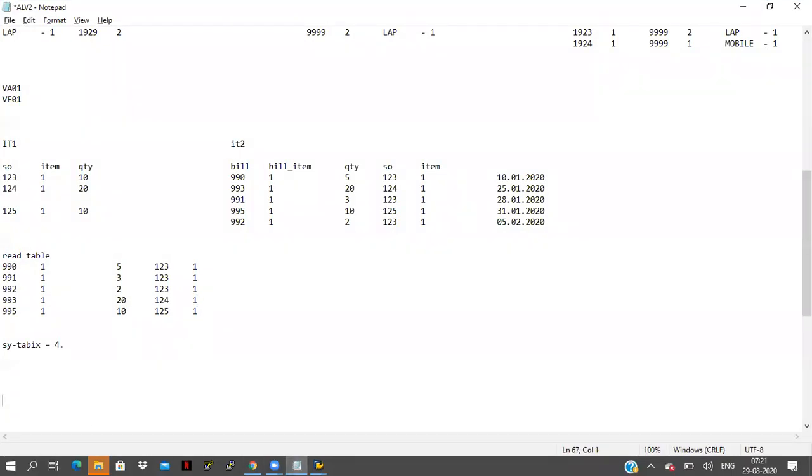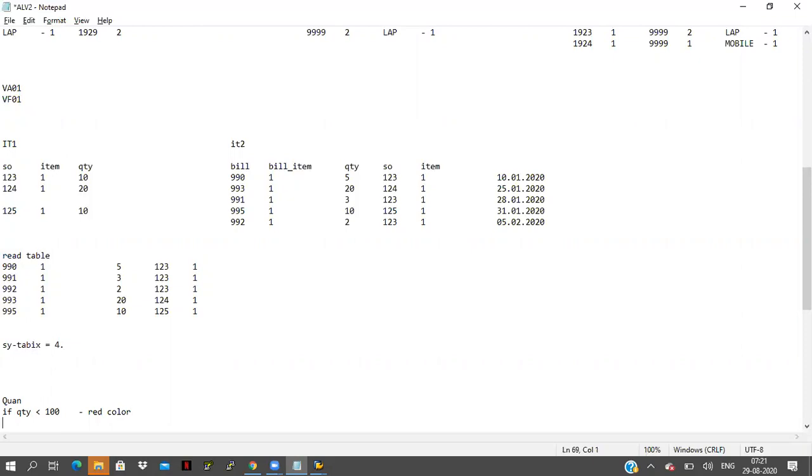The requirement is, if quantity is less than 100, I want to display the total row in red color.